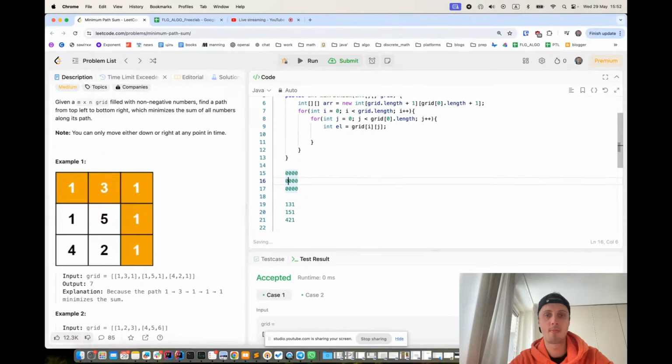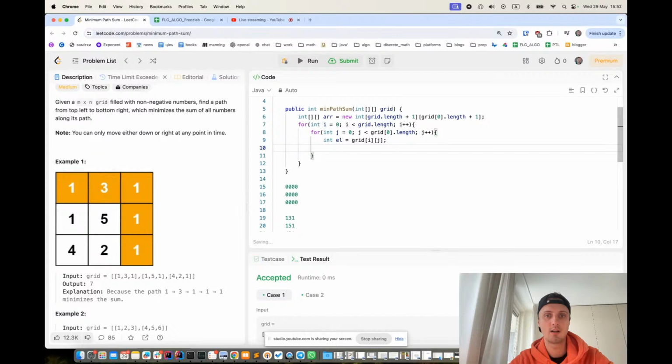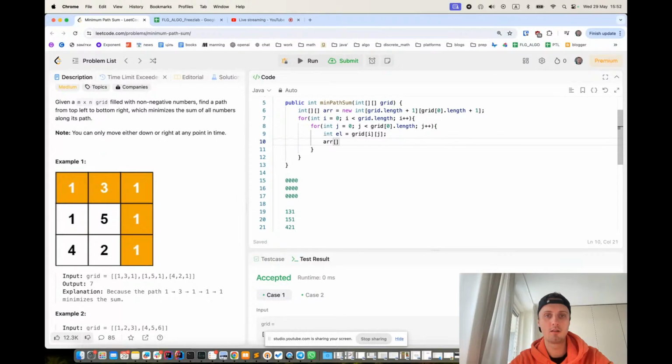So we start from this element, and we take all these 2 elements and add the element from this element, and our array of i plus 1 and j plus 1 would be equal to element plus array